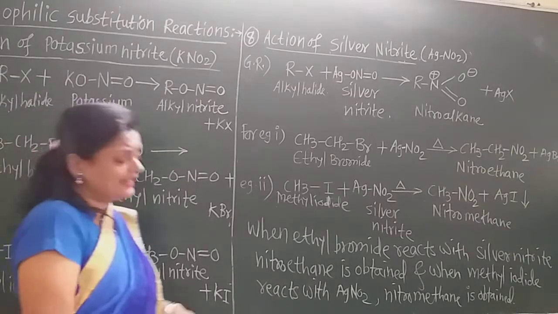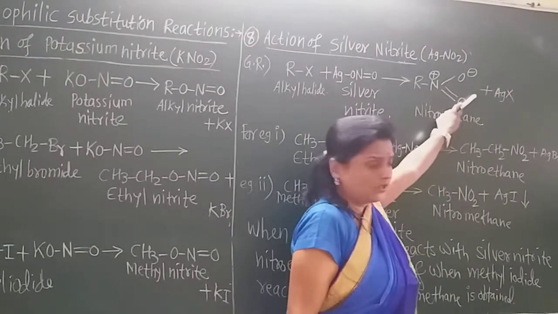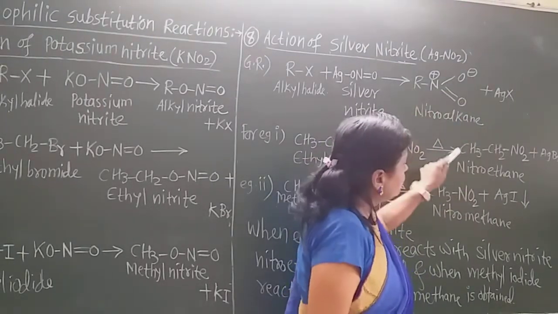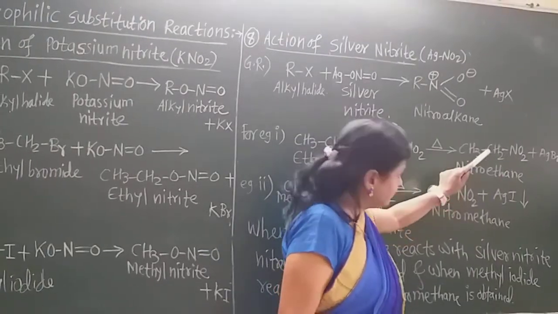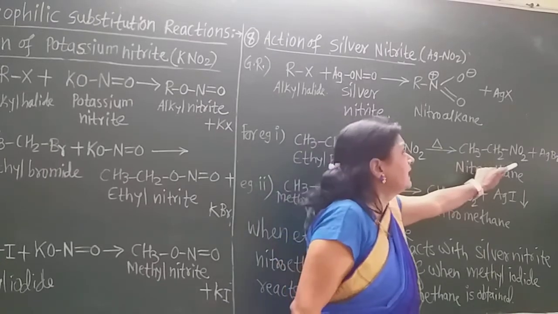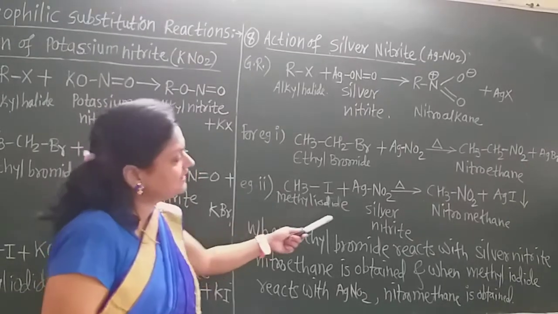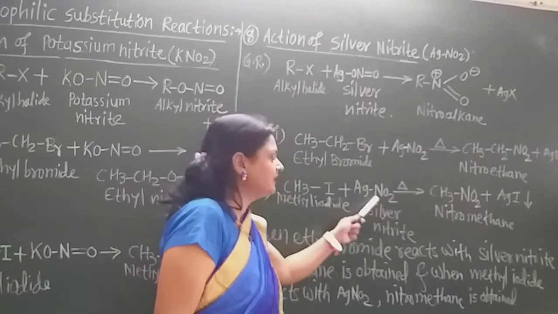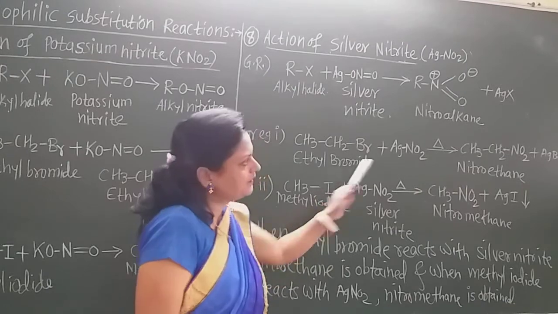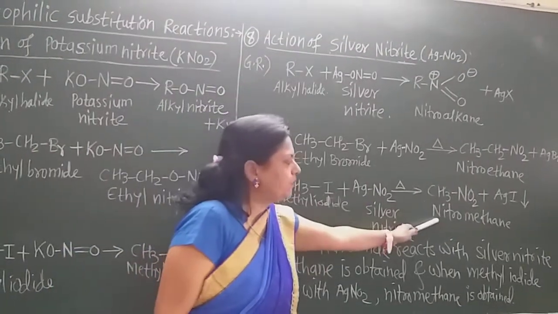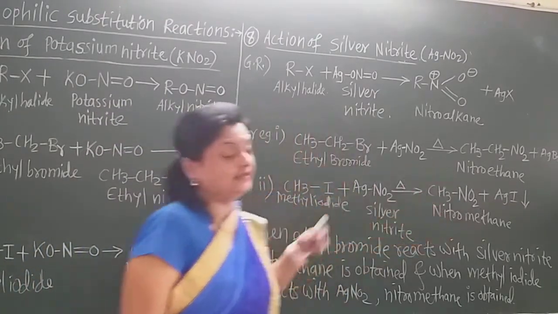And as there is the direct attachment to the nitrogen, you can write in this way, NO2. Do not write in the other way again. Only the alkyl group, this R group, and write down the NO2 group. That is the nitroalkane, and the name of this nitroalkane is nitroethane because the ethyl group is there. Now here also, methyl iodide, when it reacts with silver nitrite, directly write down this NO2 group in place of this iodine, and AgI is the byproduct which gets precipitated, and the methyl group is directly attached to the NO2 group, and the name of this is nitromethane.